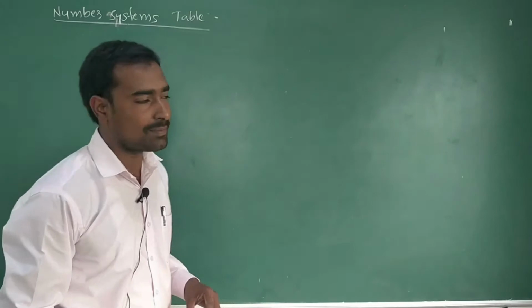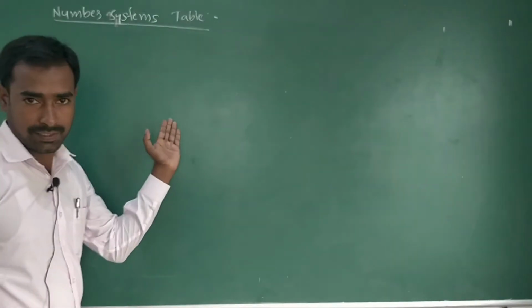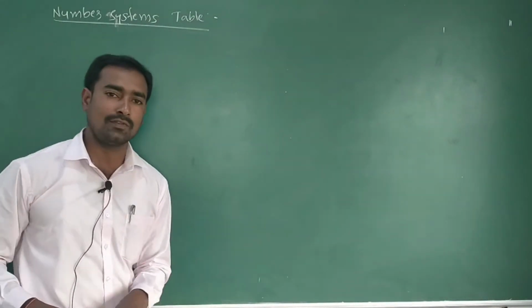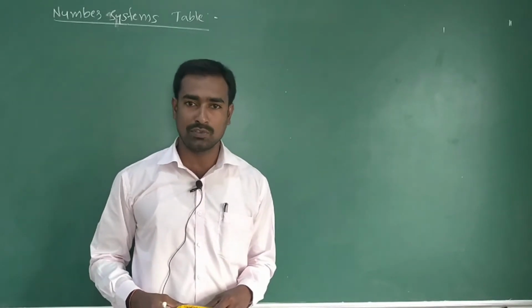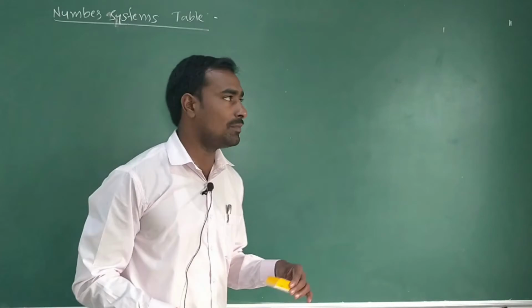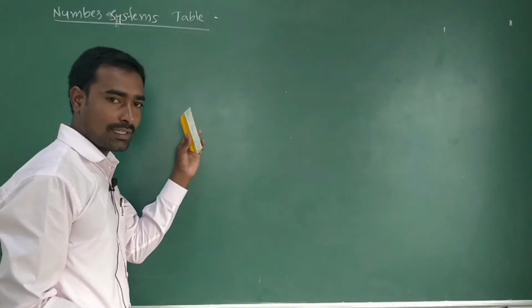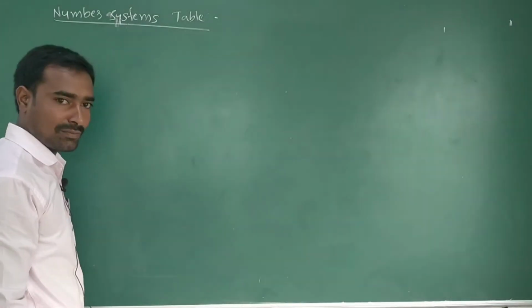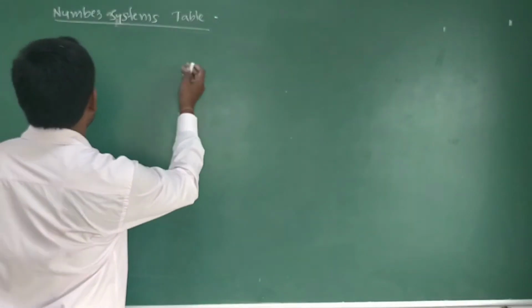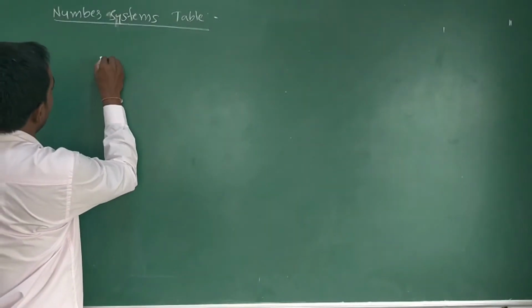Today I am going to explain about the number systems table. In the previous class we discussed positional number systems and non-positional number systems. Coming to this number systems table, here we have the four positional number systems, and those are